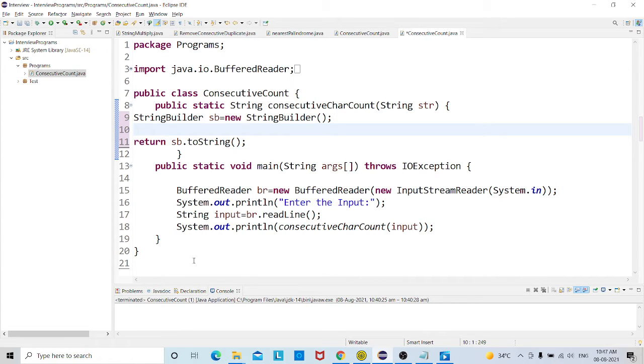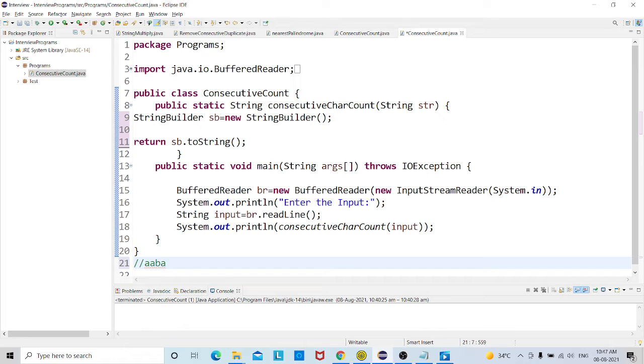So the thing is, first we will see A, B, A. The index is 0, 1. If the same character is found, we need to iterate. If there is a new character, another alphabet which is not similar to the previous one, then we need to break and print the occurrence of the previous character.